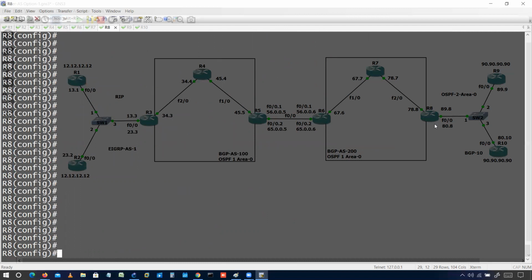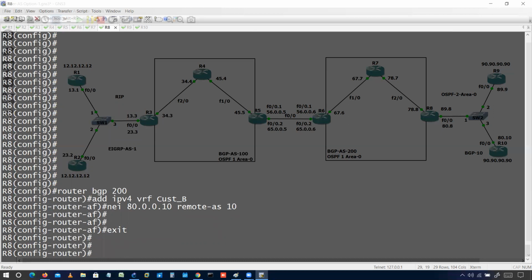Now I'll configure a BGP neighborship between these two routers. Router BGP 200. So now that is in the VRF, right? The F0/0.2 that is having address 80.0.0.8. The interface is part of VRF customer B. So address family IPv4 VRF, VRF name is customer B. Who is my neighbor? My neighbor is 80.0.0.10. And what is the remote AS? The remote AS is only 10. So I can see here the remote BGP AS number we are using, that is 10.